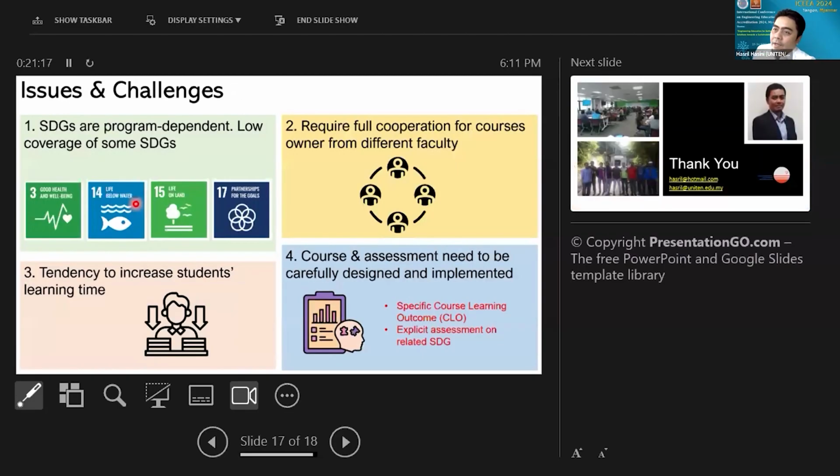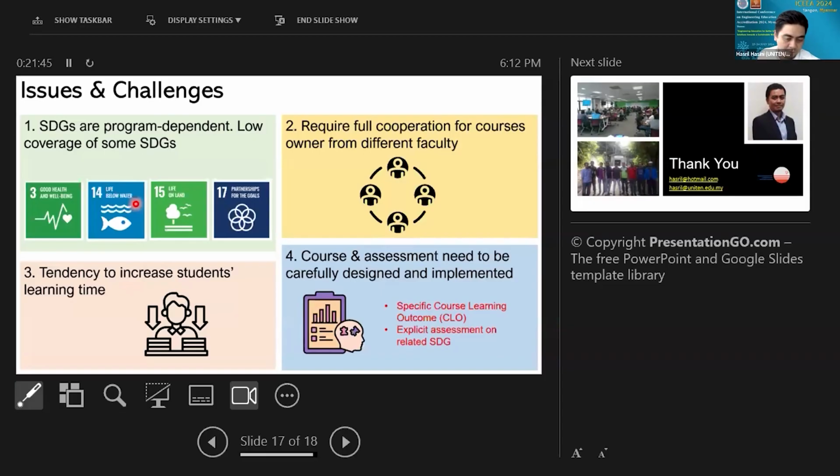Right. My final slide shows some of the issues and challenges based on the experience implementing this SDG throughout the curriculum. The first thing is that the SDG elements are program dependent, and you would expect there is low coverage of some SDGs, which is practically fine.